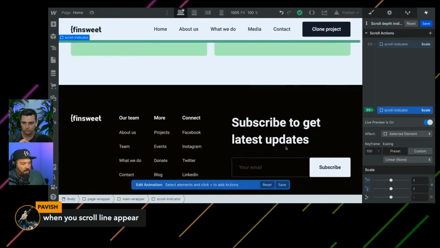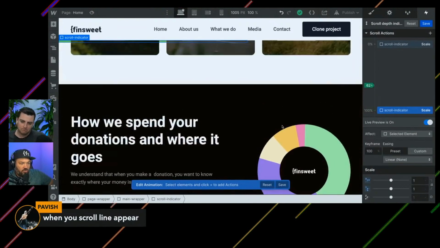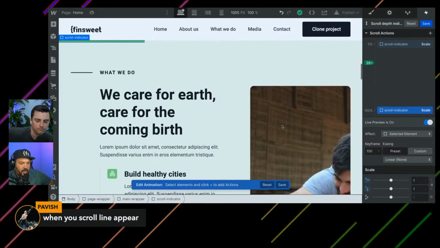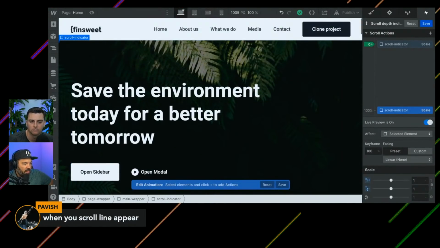But when I get to the bottom of this page, bink, the full indicator should be there. Right? And so this is super simple to do, and you can get as complicated and intriguing as you want with this. Actually, there's a